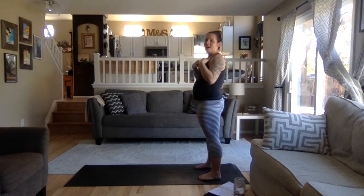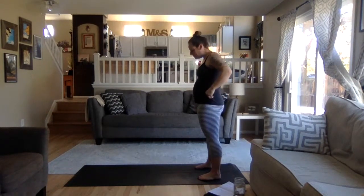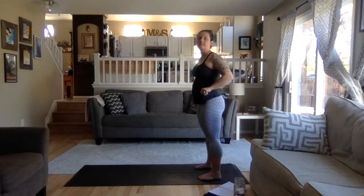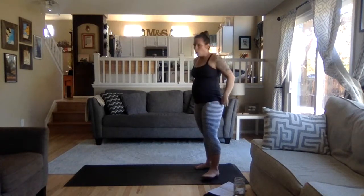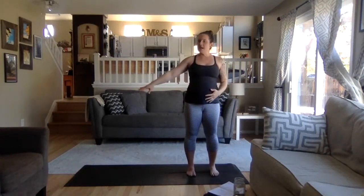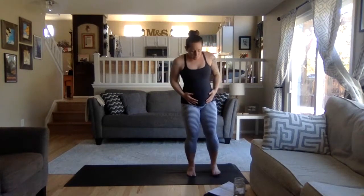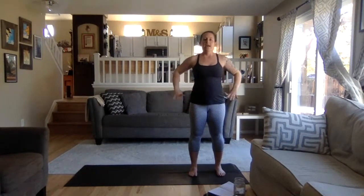Awesome job. We're just gonna take some stretches on the inside of our legs with a wide fold here. So I'm gonna take a quarter turn on my mat so that I'm able to step out wide and use the length of my mat. So when you're ready and you're facing either the right or the left on your mat, your choice, take your